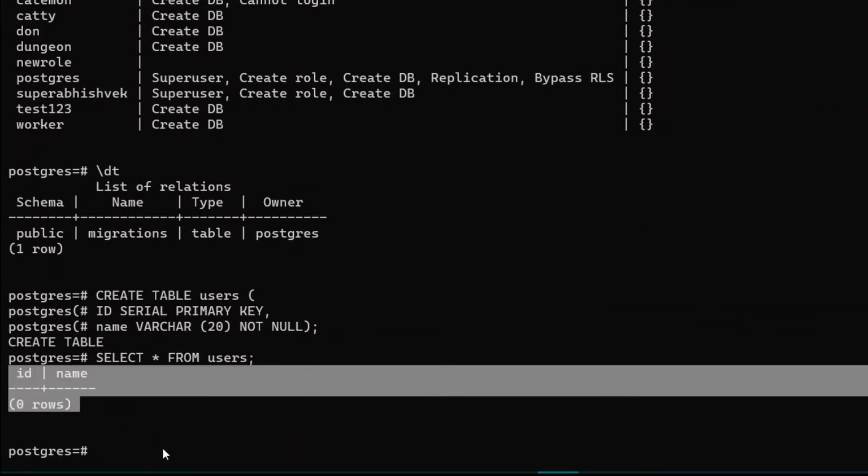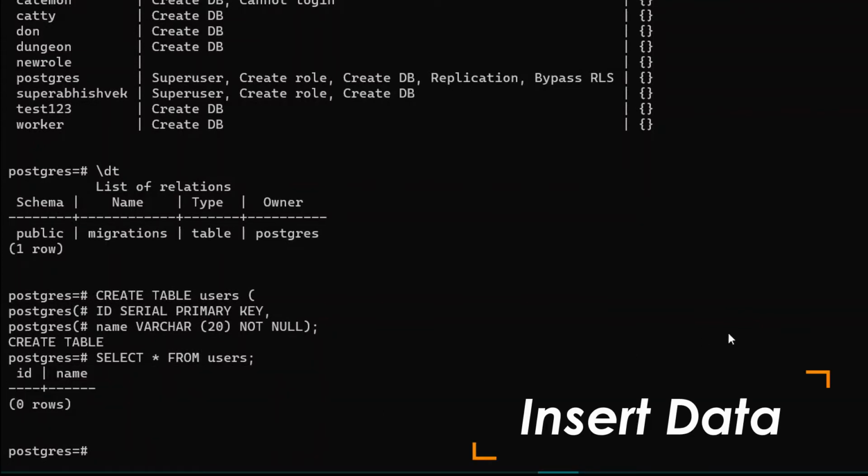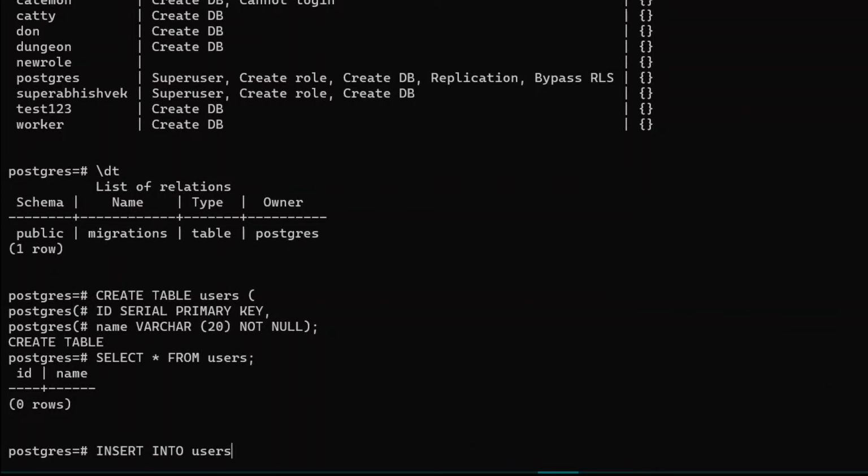So once we have created a new table, let's add some data under our table. So first of all you should be writing here a new command of insert into users, and after this you should be writing here a column name, and by far now our ID is going to be a primary key and also it is going to be auto increment. So for now you should be writing here only column name of name, and also you should be providing here all the values. So you should be writing here a keyword of values, and under this I should be writing here the value of my table. So for that purpose let's add the following inverted commas, and here I should be writing my name of Abhishek.